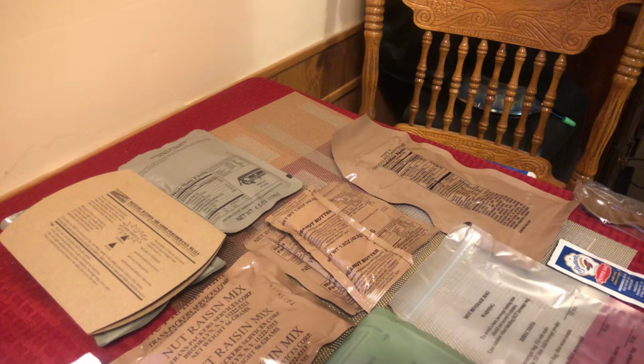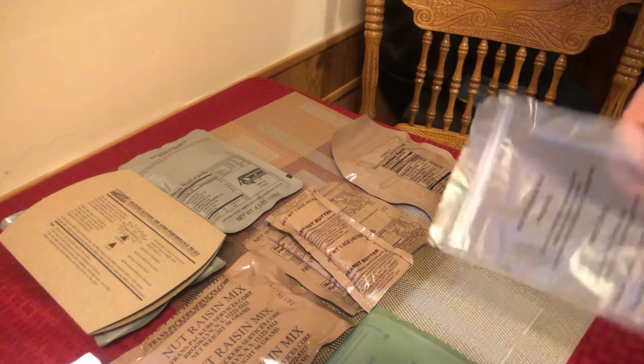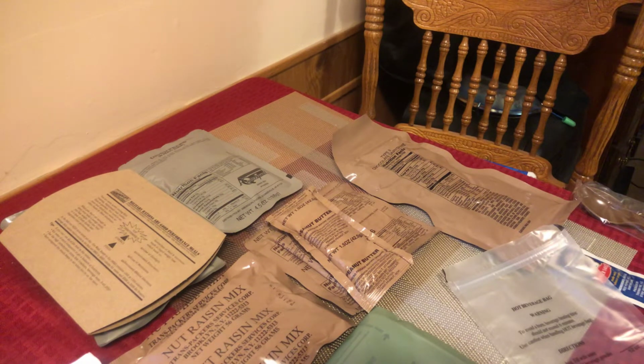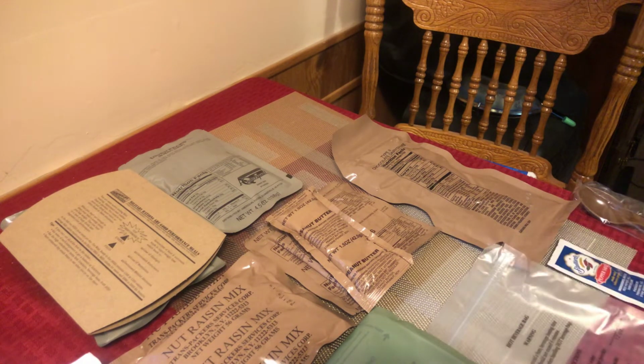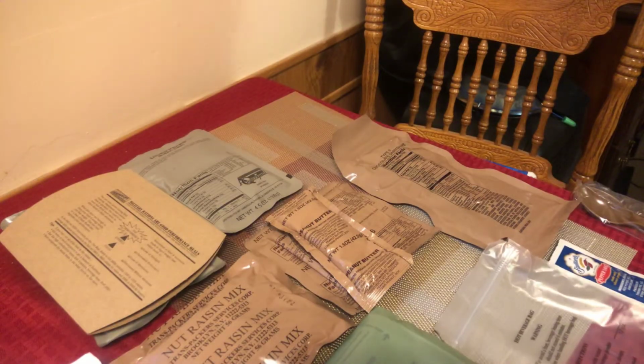The coffee's probably, I don't know. It's going to be interesting, I guess. We might try the hot beverage bag. It says to put in a flameless ration heater. So,